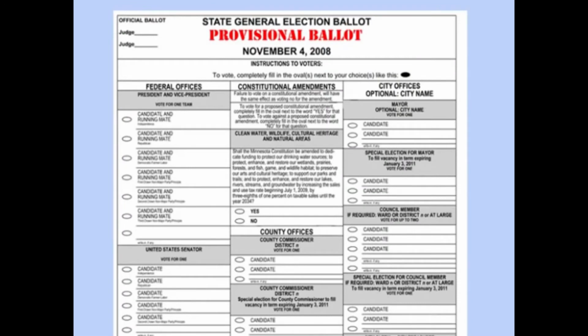ballot. No one will be turned away from the polls, which is currently the case for individuals who lack the appropriate form of identification. Individuals who use a provisional ballot to vote will be required to return to their local city or county office within 10 days after the election to confirm their identity and eligibility with a proper form